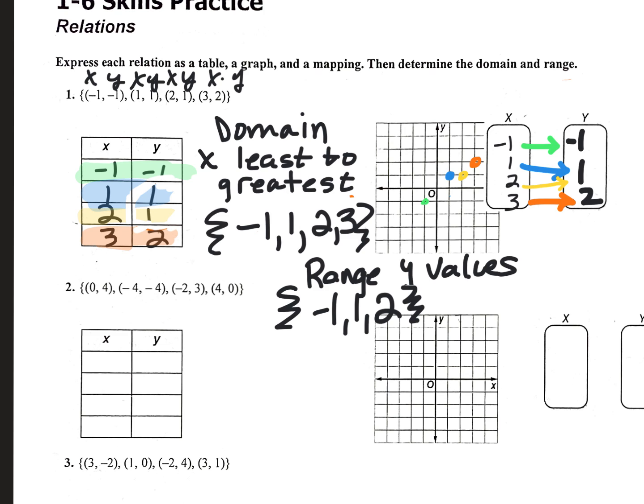So that is what we should have for number 1. So we got our X values. You just write them least to greatest. Put the little bracket thingies that I can't draw. And then the range is your Y values. Put them on there least to greatest. And put the little bracket thingies around it. So this part, everybody's going to get